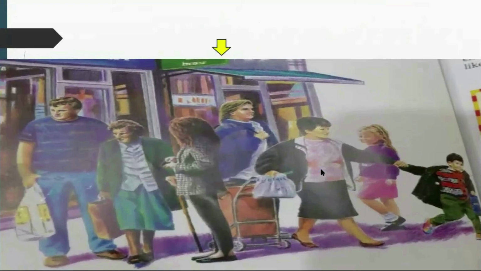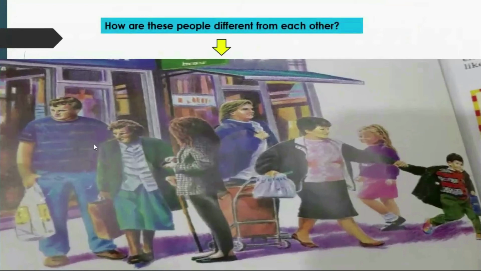In this picture, can you tell us how are these people different from each other? Do they have same face? Do they have same eyes? Do let me know in your comment box in your Google Classroom. Do they look alike? No, they don't. So you are going to tell me how you can say these people are different from each other. Okay, you can look at their hair color, you can look at their face, you can look at their eyes, and then you can obviously look at their nose, and you can look at their heights. Okay,